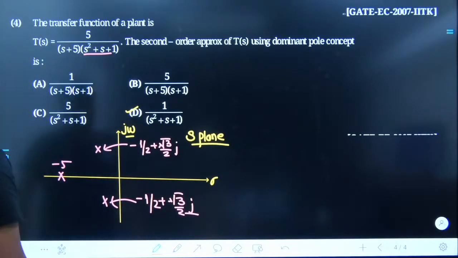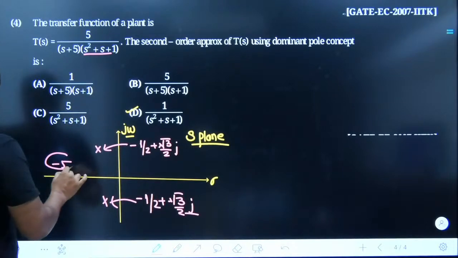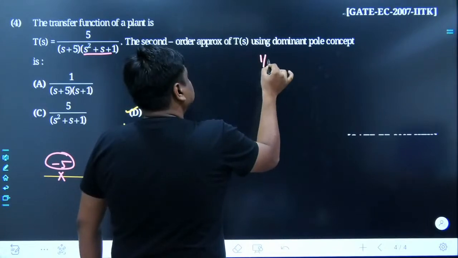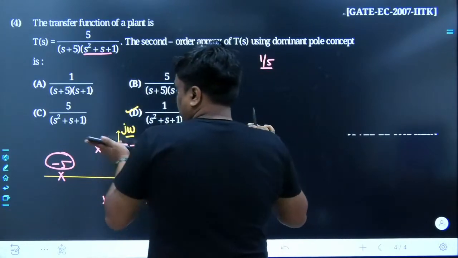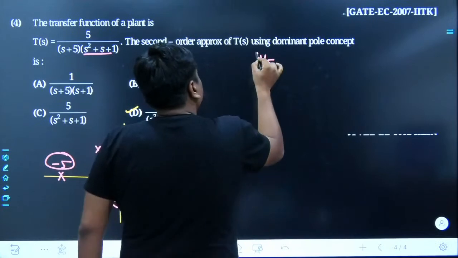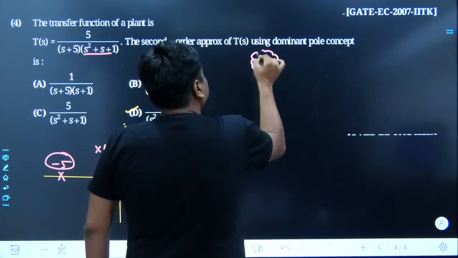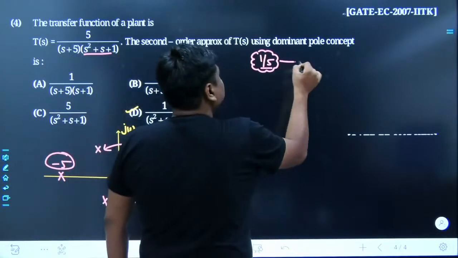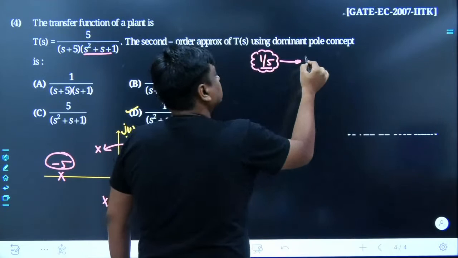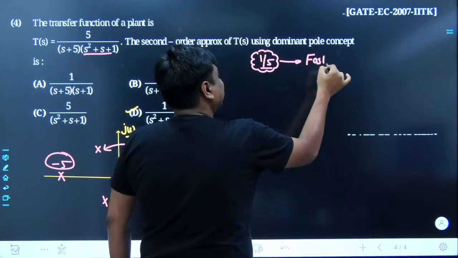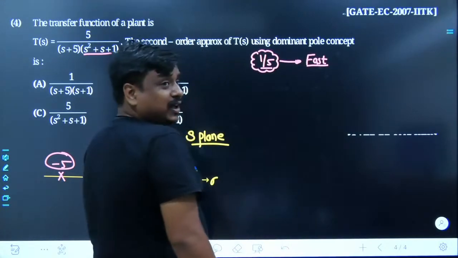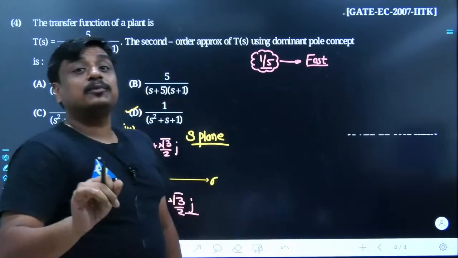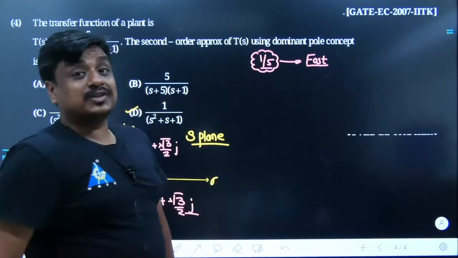You can say the time constant involved with 5 had been 1 upon 5, which we have already discussed earlier. As the real part of the pole keeps increasing, its time constant keeps decreasing. And as the time constant keeps decreasing, its effect over the response would be very fast, or I can say you would not observe much of a change over the y of t because of a fast time constant, where the value of the time constant had been lesser.